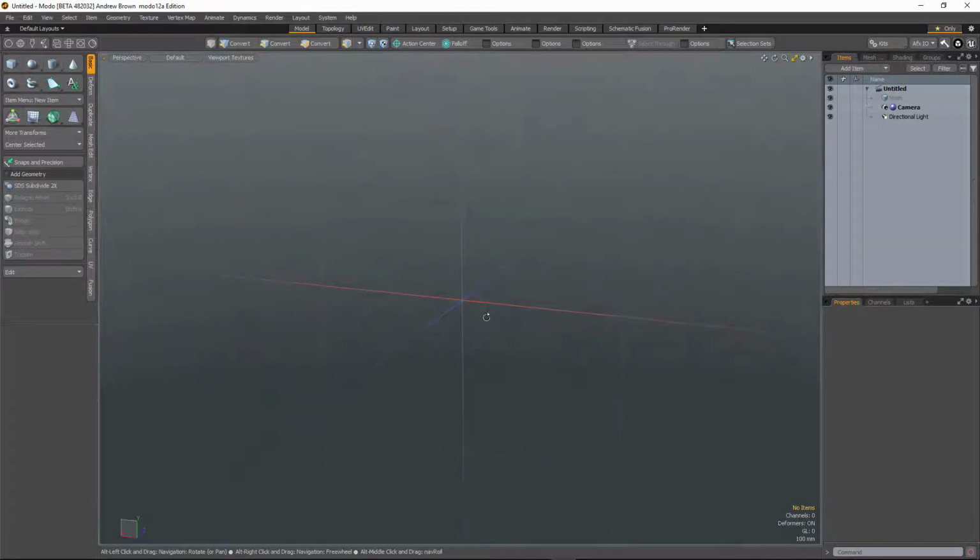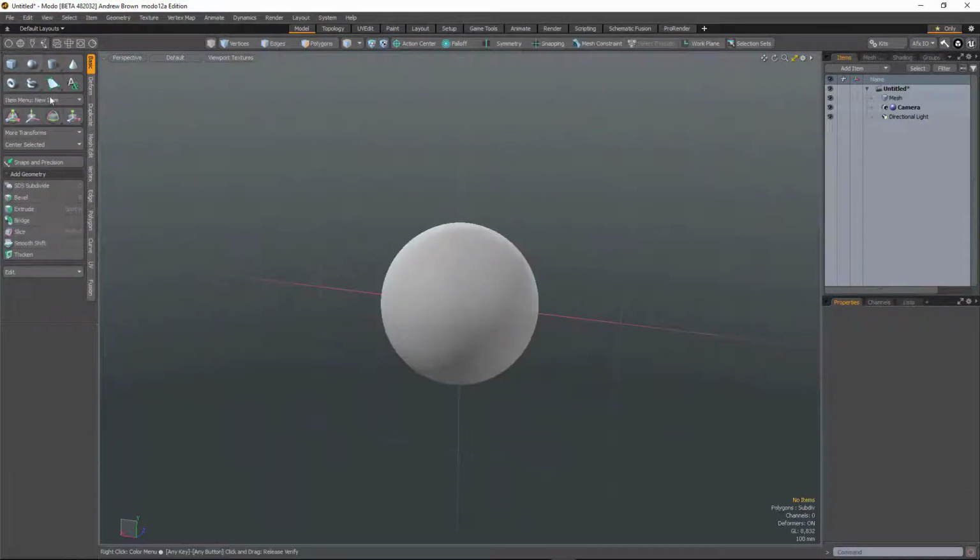So we've made a very subtle change to the whole idea of what is item mode and what is component mode inside of MODO in an effort to make item mode a little bit more obvious. So if I create an object here, you'll notice there's no wireframe visible, and you'll notice there's also no item mode button. So now MODO is implicitly in item mode until you go into a component mode. And again, the wireframe isn't drawn. So if I select an item,